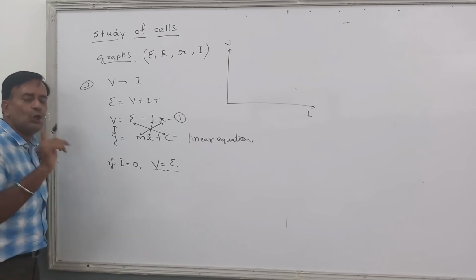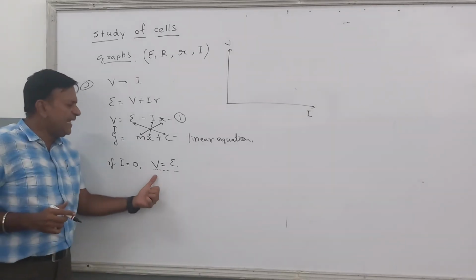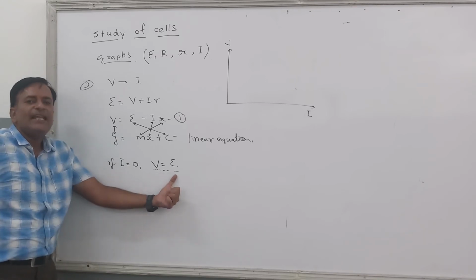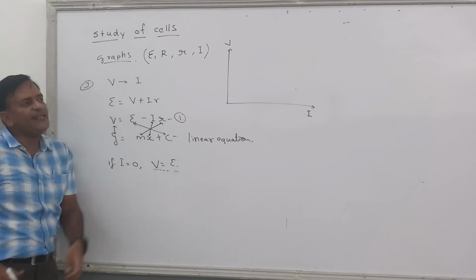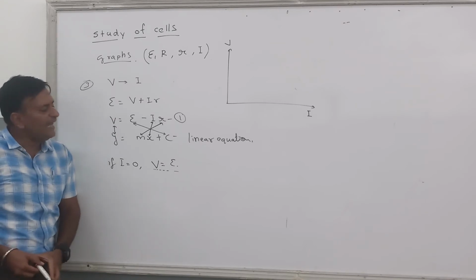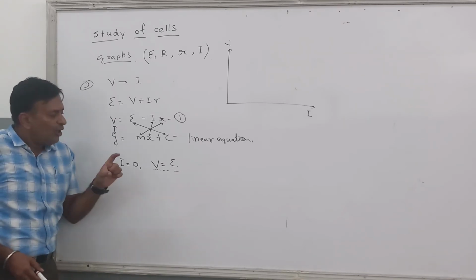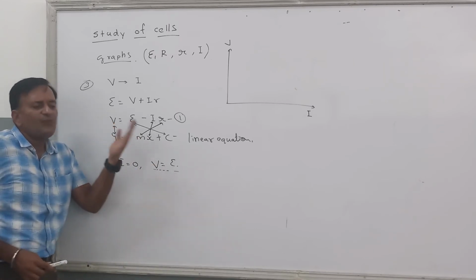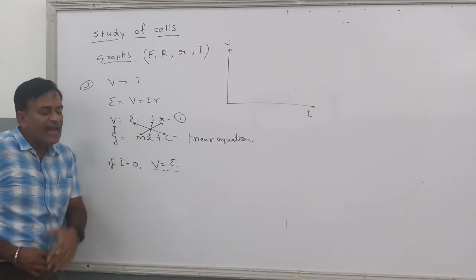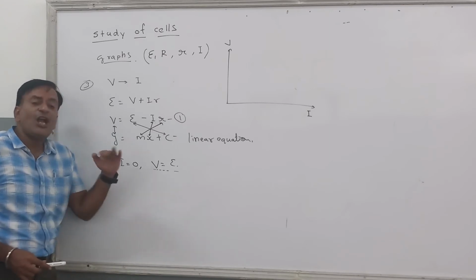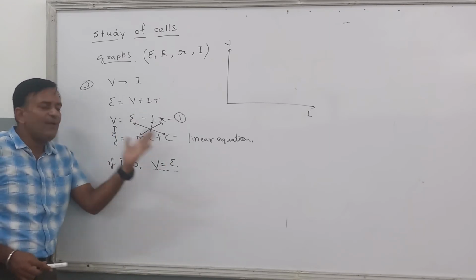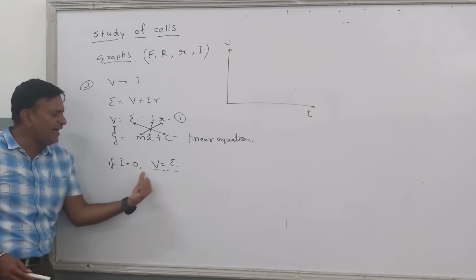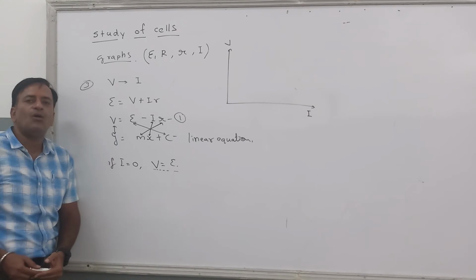In simple language, the potential difference you get from any cell cannot be more than its EMF. You buy a dry cell, it is 1.5 volts. Okay, now the potential difference across that dry cell can be 1.5, 1.4, 1.3 or less than that. Potential difference cannot be more than the EMF of the cell. And when is potential difference equal to EMF? When the current from the cell is 0.